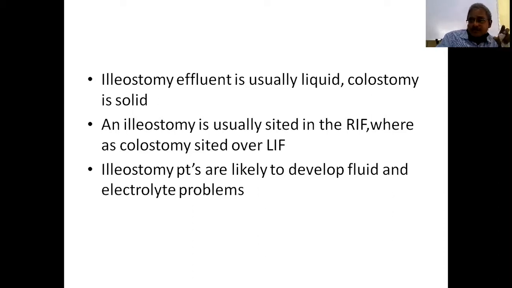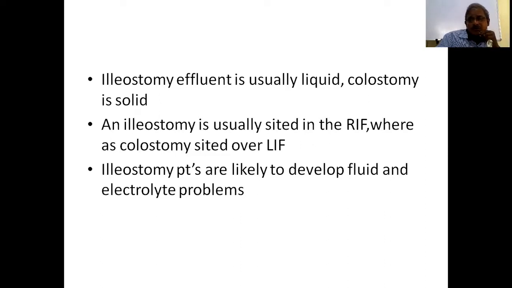Even if the appliance is partially filled with this wastage material, that should not be apparent outside beyond the clothing, and it should not impinge on some bony prominence like the anterior superior iliac spine or something like that, because it won't function properly. And also it should be in such an area that skin excoriation, because of these caustic secretions they cause excoriation of the skin, should not be significant or huge.